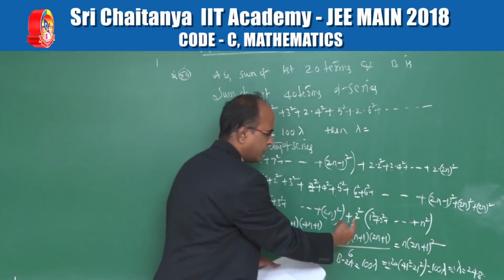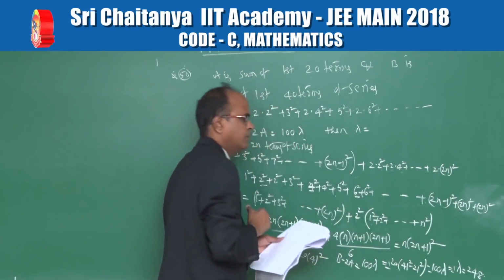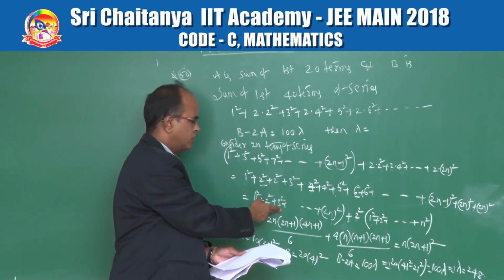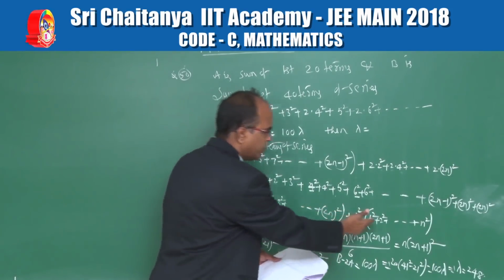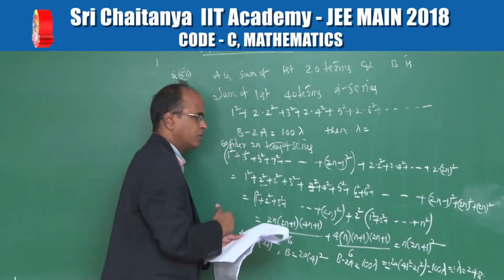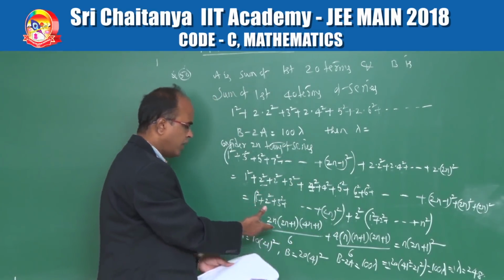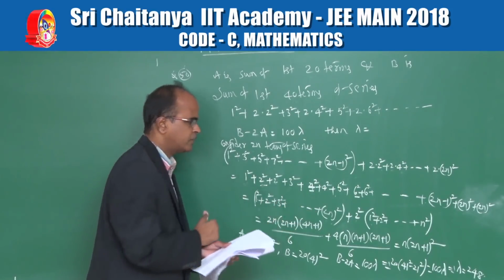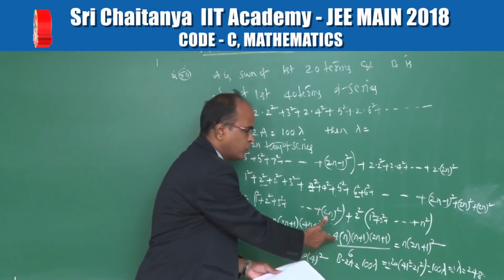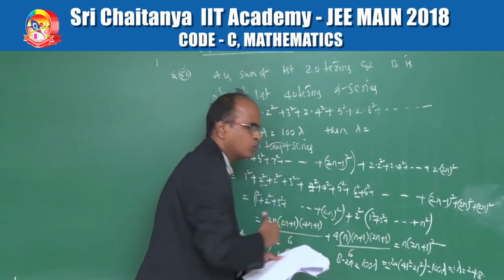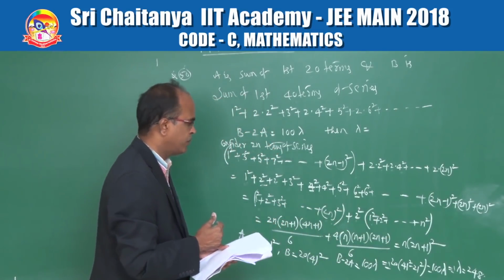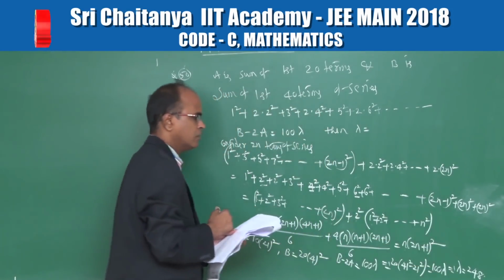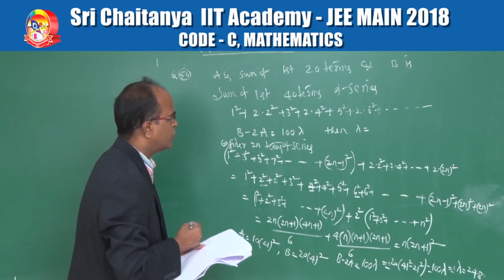2n whole square. By taking 2 square common we get this term, and this being the sum of first 2n natural number squares, and this being the sum of first n natural number squares, by using appropriate formula we get 2n, 2n plus 1, 4n plus 1 by 6, and this will be 4 into n plus 1 into 2n plus 1 by 6. By simplifying this we get the sum n into 2n plus 1 whole square,